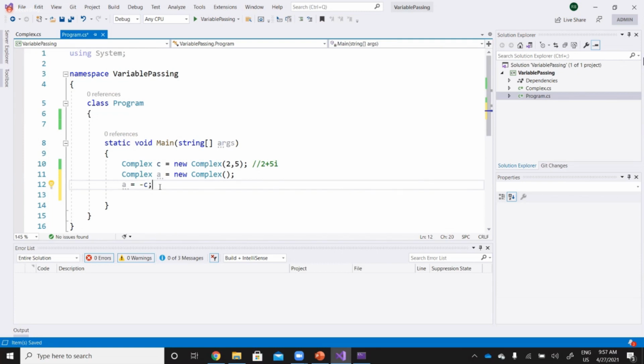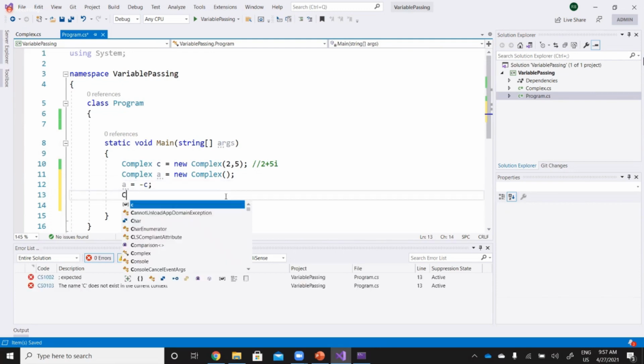Now you can actually check what happens to the A, right? By using maybe a console output.